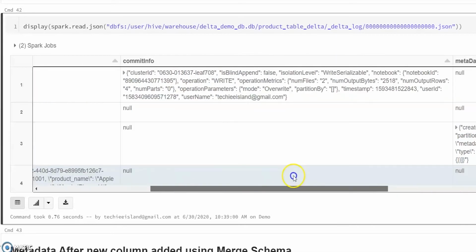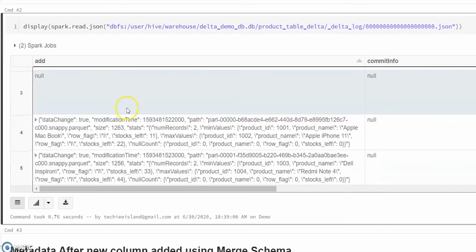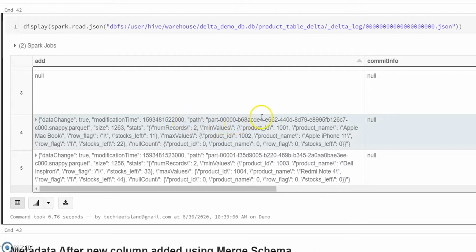And you will have two Parquet files. Initially we did a coalesce of 2, so those two files you can find under add. Along with the Parquet file name, you will also have min and max values under the stats key. Along with that, you will also have how many records are present, which is used for data skipping while reading huge volumes of data.